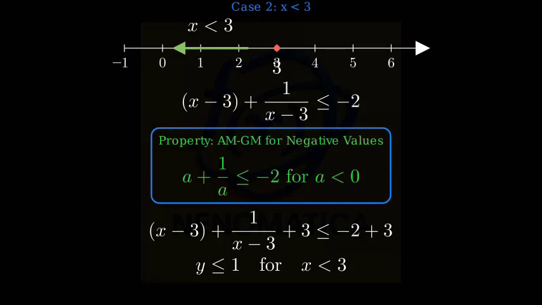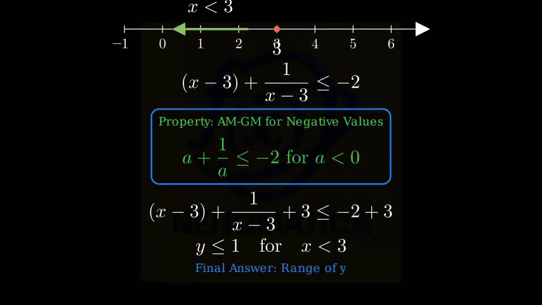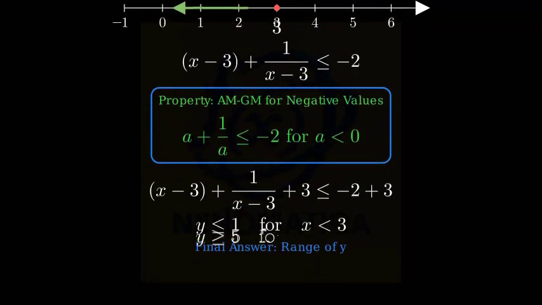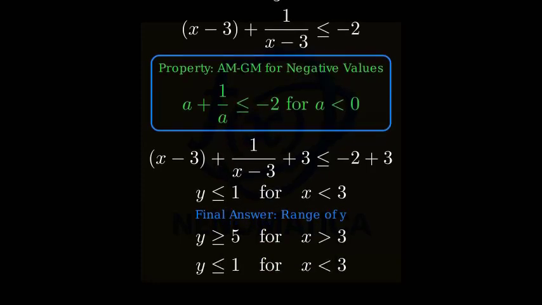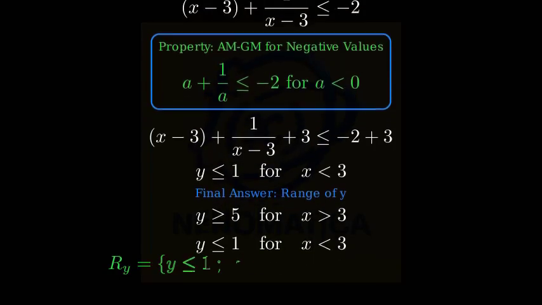Now, let's combine our results to determine the range of y. From our analysis, we found that when x is greater than 3, y is greater than or equal to 5. And when x is less than 3, y is less than or equal to 1. Therefore,